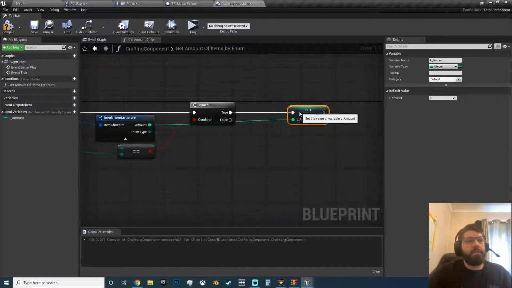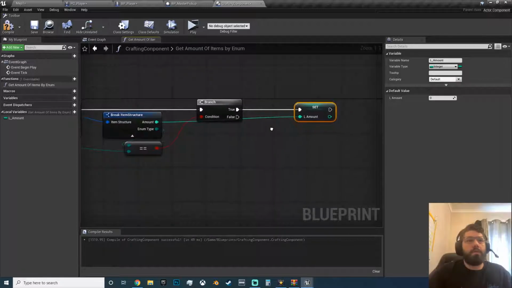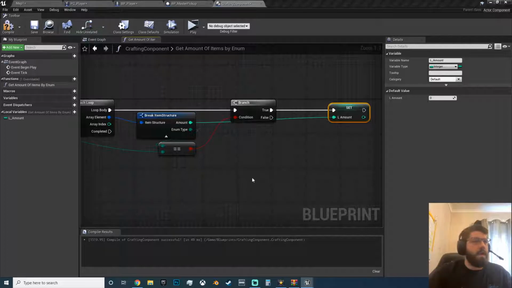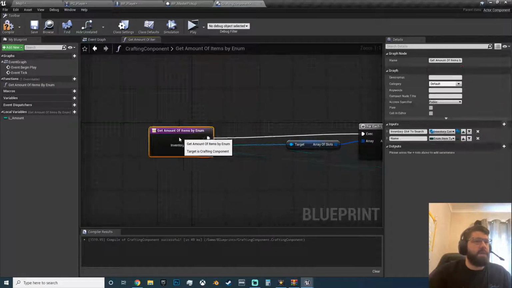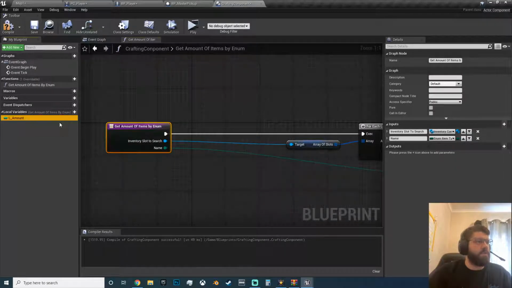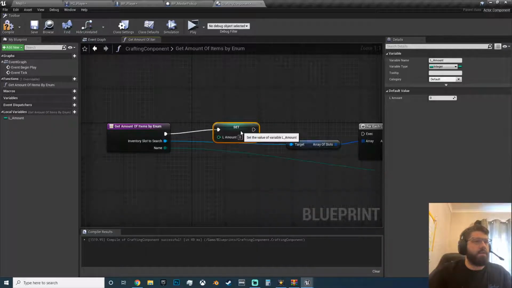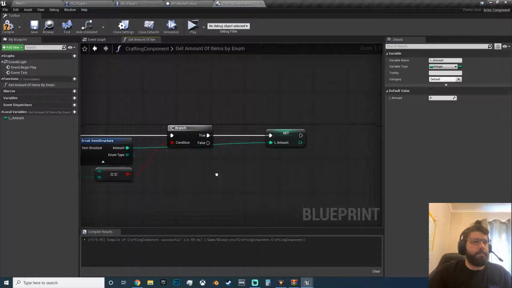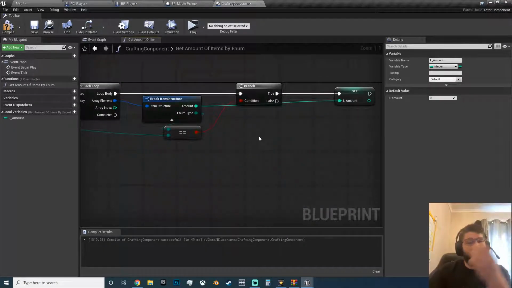Okay, and we want to set the local amount here back to 0. You shouldn't have to do this, but it's good practice to set variables before you change them, especially with loops. Like, you always clear your arrays if you add to the arrays, because Unreal can mess you up sometimes. So